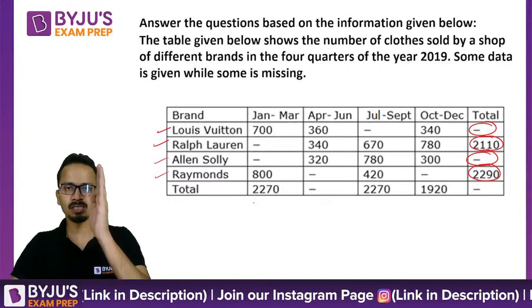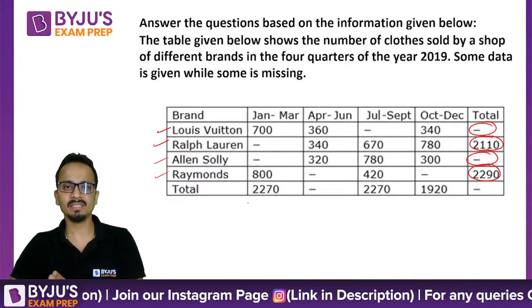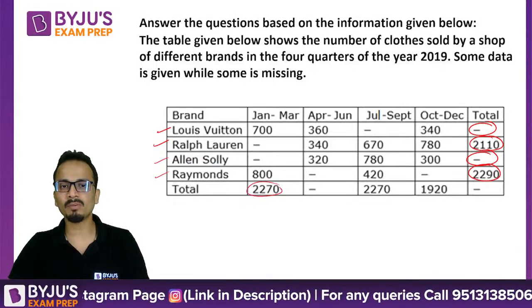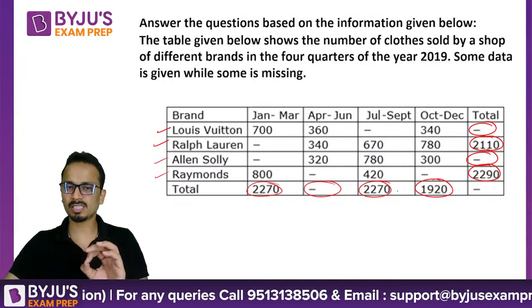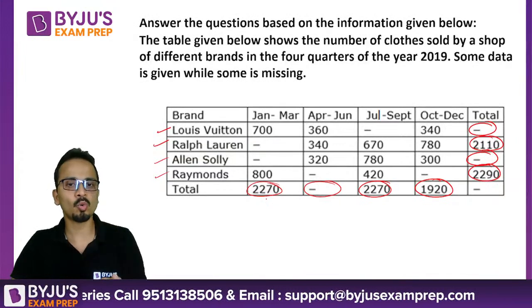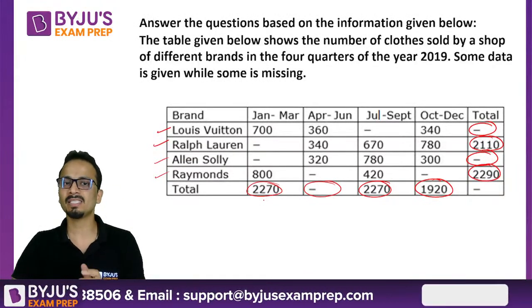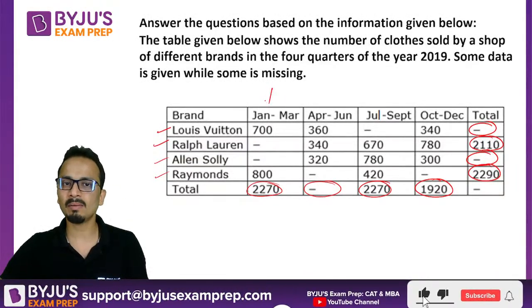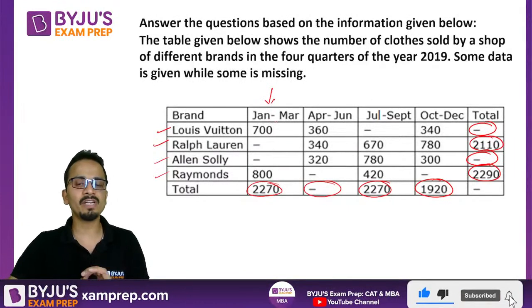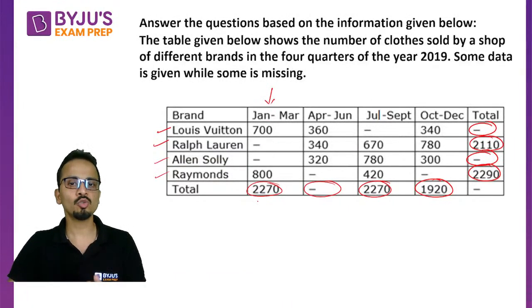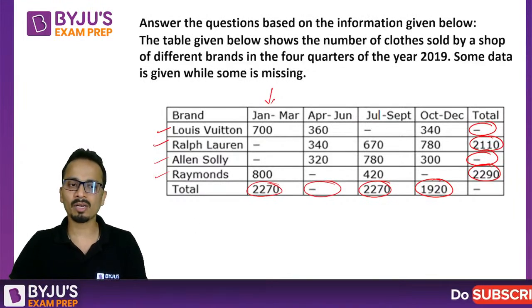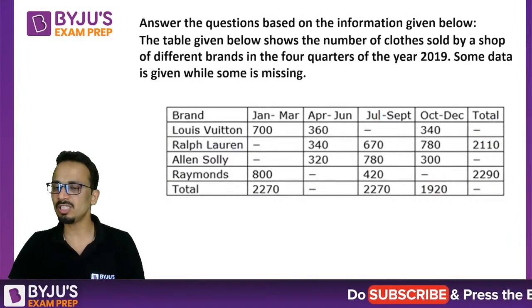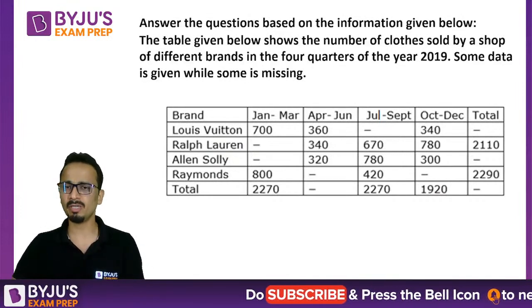And if you consider this data vertically, then at the bottom, you will see the sum of each of these quarters for all the 4 brands. So the sum in the quarter of January to March is 2270. So the sum for each brand as well as for each quarter is mentioned in the table, and we'll be